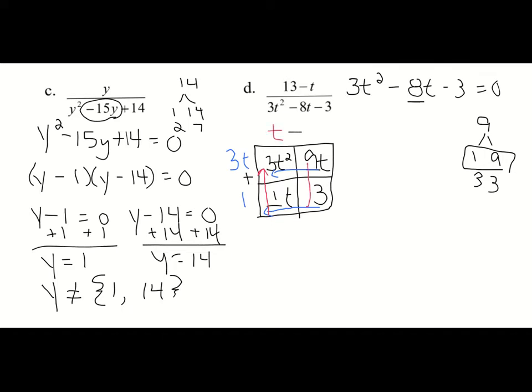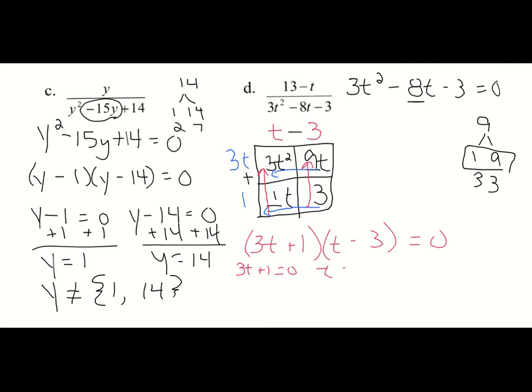For 9t and 3, my greatest common factor would be 3. So when this expression is factored, it factors to 3t plus 1 times t minus 3. We'll set that equal to 0 again. And then, again, solve each